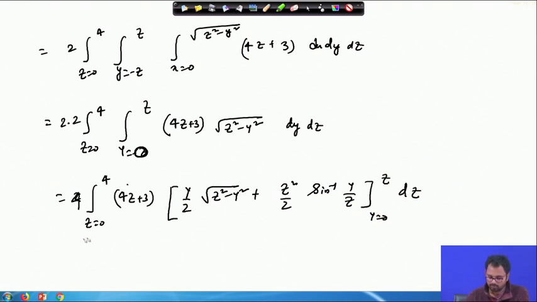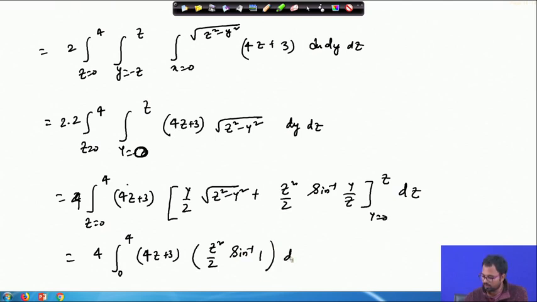So, ultimately we will obtain 4 times the integral from 0 to 4 of (4z + 3) times z square by 2 times sine inverse 1, dz. So, sine inverse 1 is pi by 2. So, I will take pi by 2 outside, and then z square. So, this 4 will be gone, and therefore we will have simply this integral from 0 to 4,